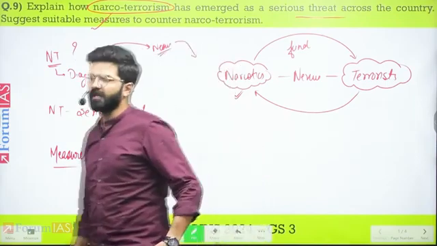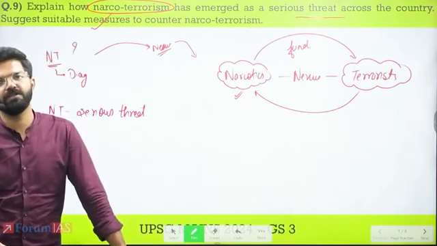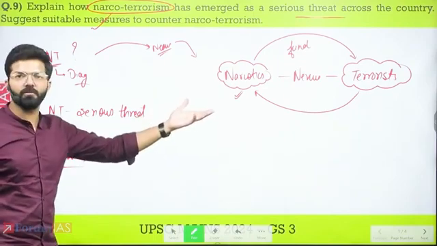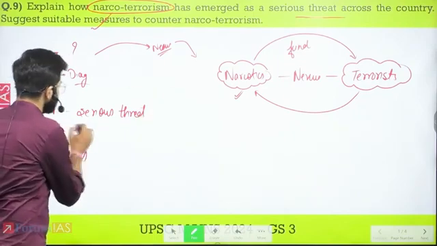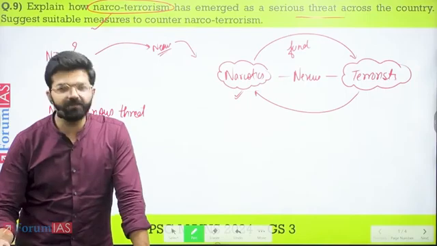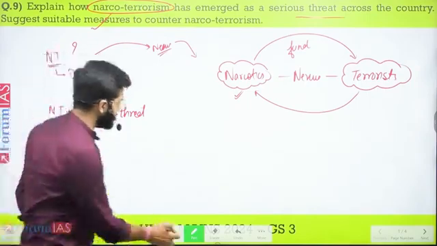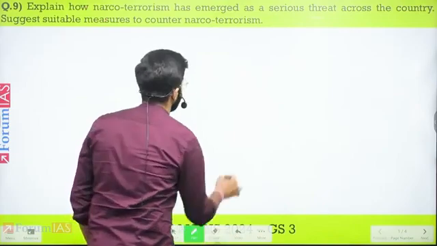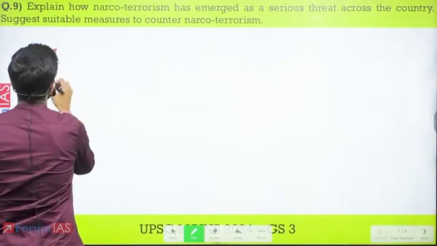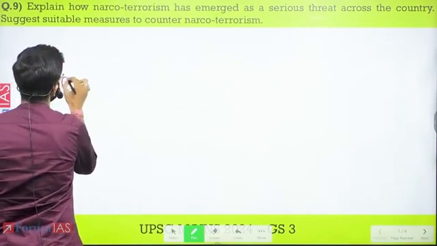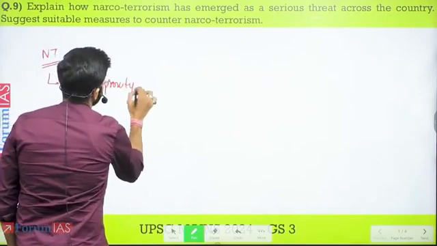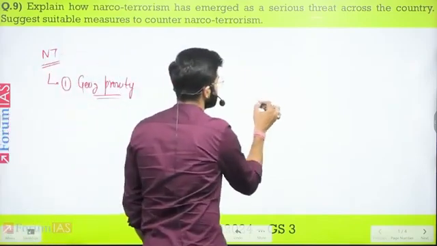If at all you feel like introducing one of the recent events or recent reports, you can do that. Then in the diagram portion, you'll be, of course, talking about the nexus. Then why it is a serious threat. Narco-terrorism is one of the biggest threats that we are facing presently because, again, it is important to draw a diagram or a map here. First of all, is the geographical proximity of India in such a way